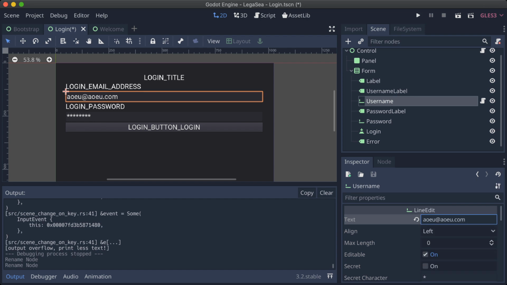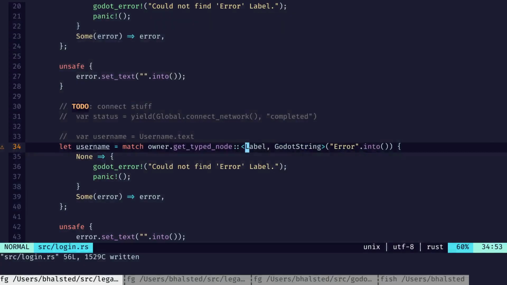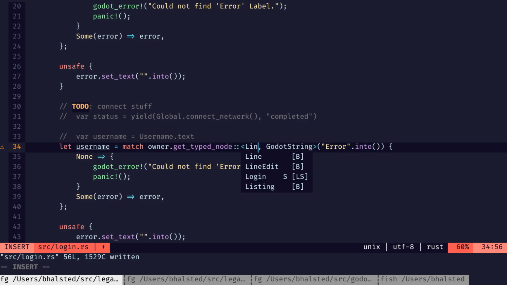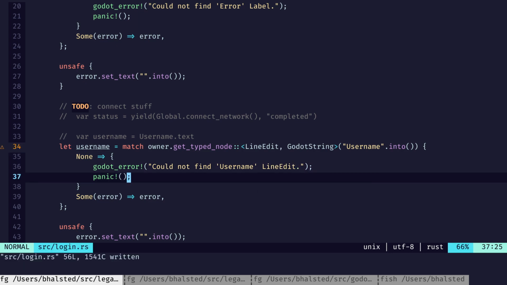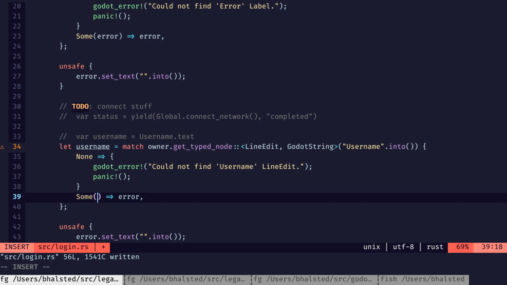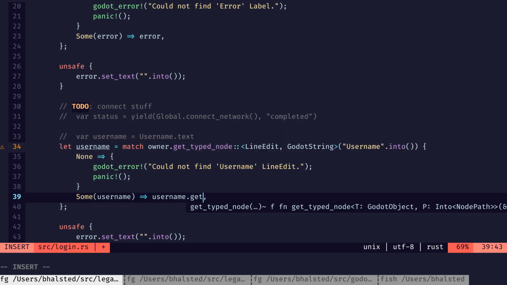Right, line edit. And its name was username. I'm guessing it's going